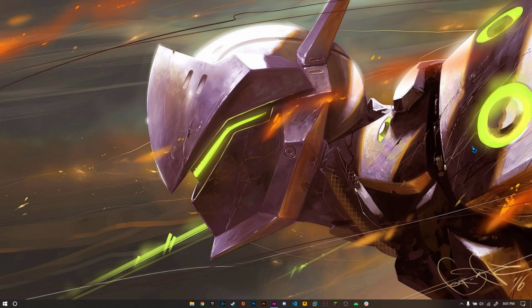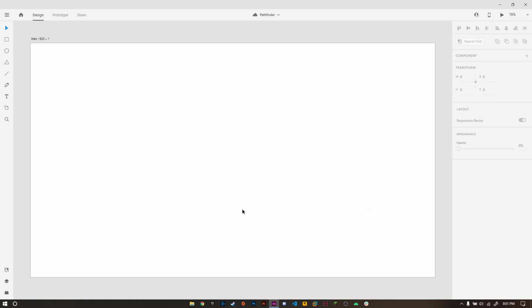I'm assassinghost and today we are going to take a look at the pathfinder tool in Adobe XD. So let's get started. So basically this is Adobe XD and I have created a blank canvas with 1920 by 1080. Size doesn't matter, but for this tutorial I'm just selecting this size, and now I'm going to draw a